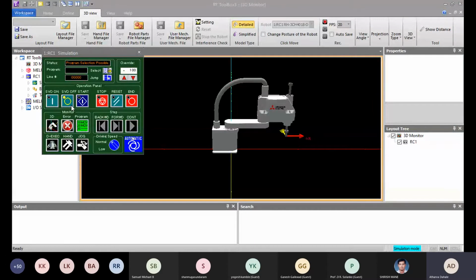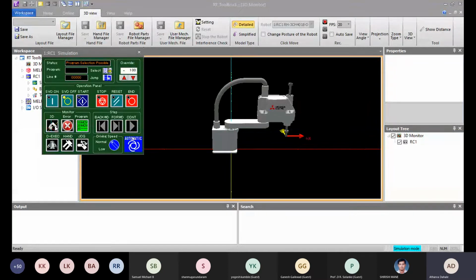Suddenly, if you want to change the code from 100 to the next one, that is 101, then firstly you have to click on stop. After that, you have to reset the program so that the line here shows the code is at the first line, and after that you can select a different program if you want. If you don't reset the code, you won't be able to switch the program. This is the end. So end and stop are nothing but the same.